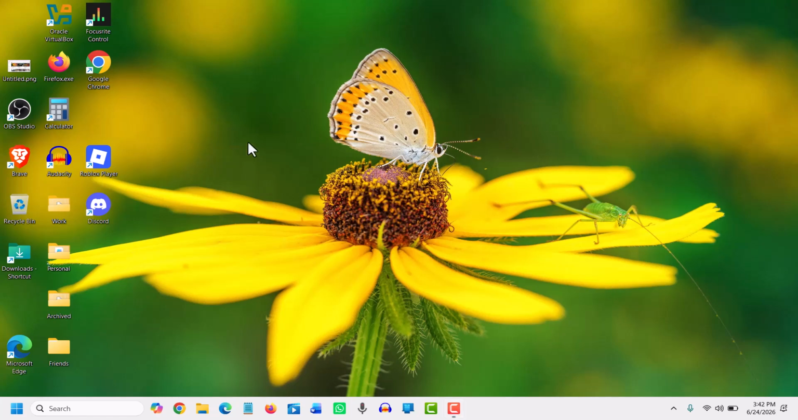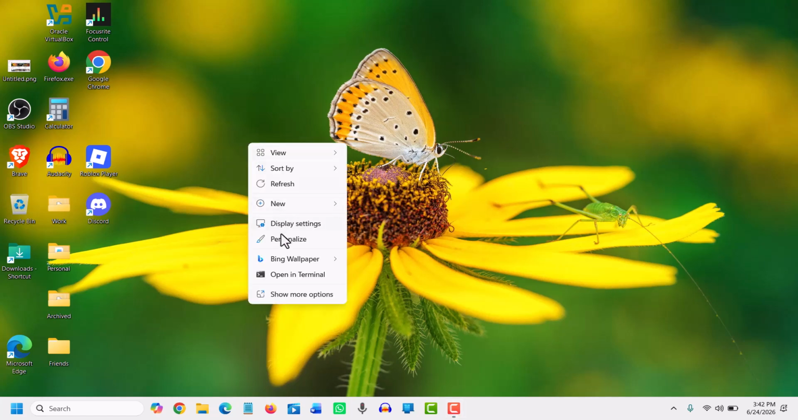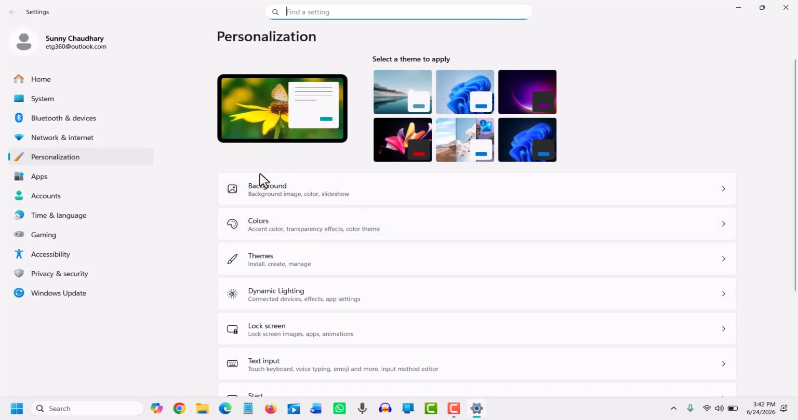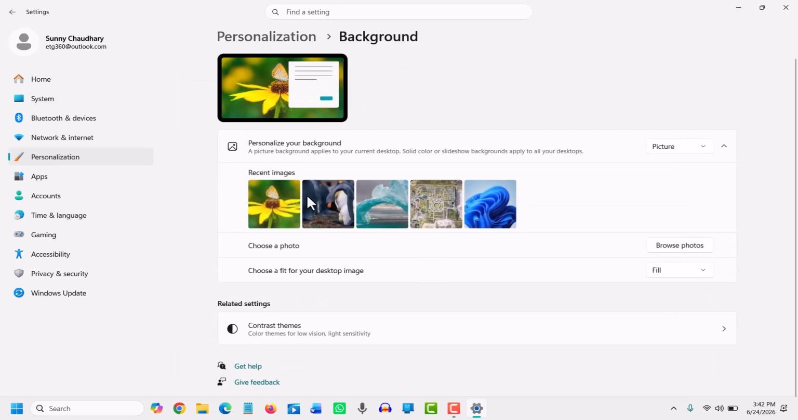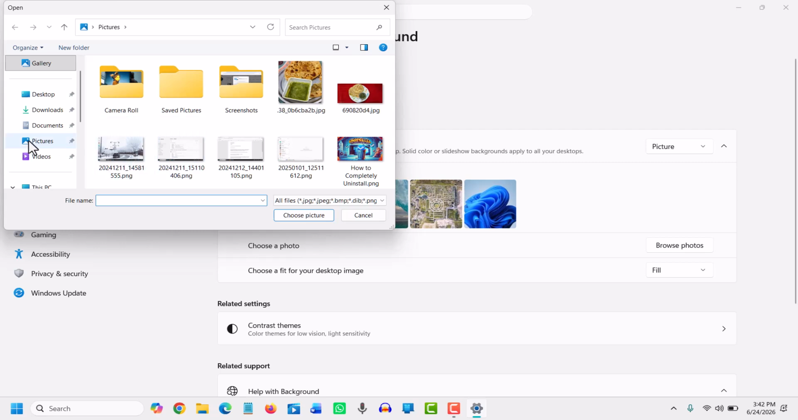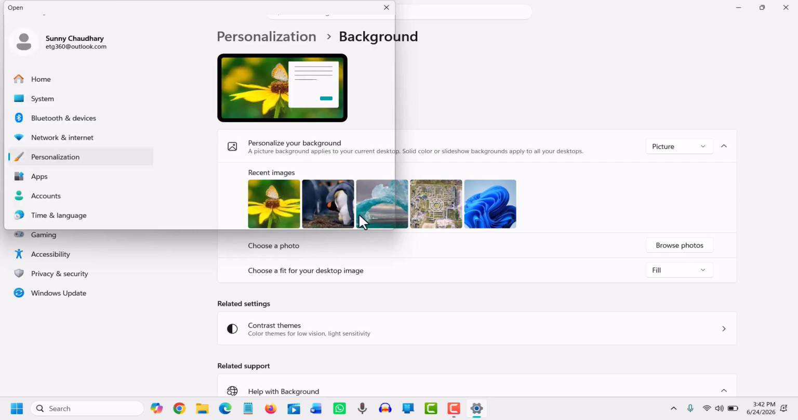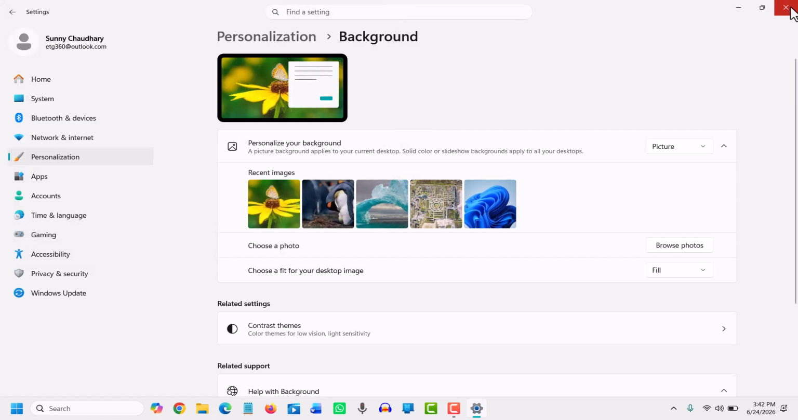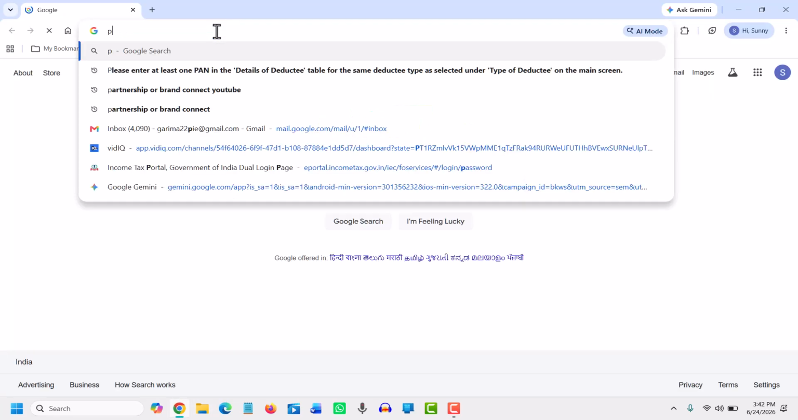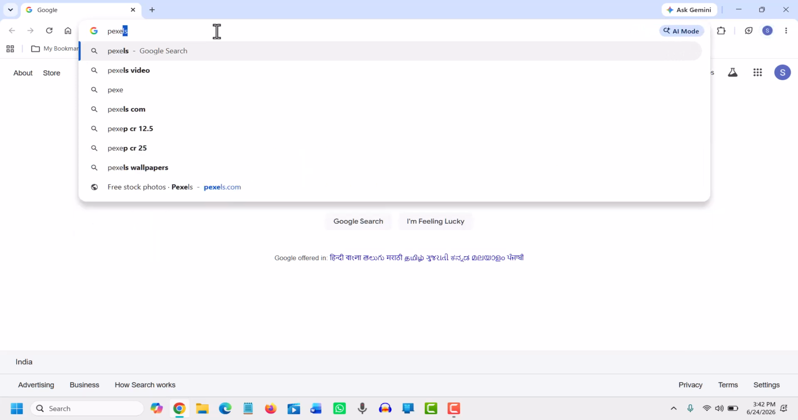So here, do a right click and then go to Personalize, and then you will find Personalization background image. Click on that, and here you can browse photos, you can go to your pictures, and you can set the wallpaper. By any chance, if you want more wallpapers, you can simply visit this site